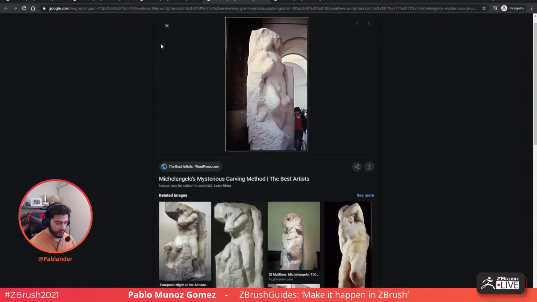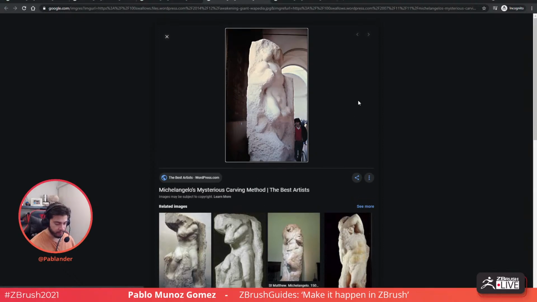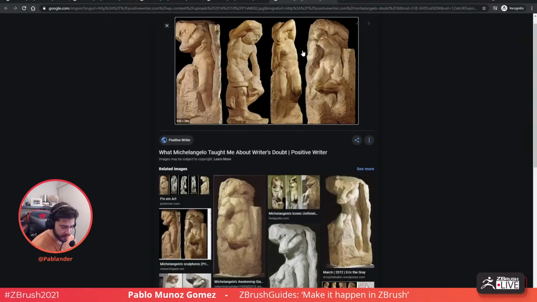So anyway, the point is, if you look at all of these, they're unfinished pieces of the sculptures that Michelangelo did. But if you look at it closely, it's like the human figure is trying to get out of that piece of rock just by carving certain things that you could see a little bit. Anyway, I find it absolutely fascinating, and there's a lot of reference to that. But my point is that Giorgio Vasari did a documentation of how he believed